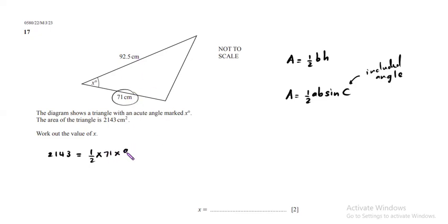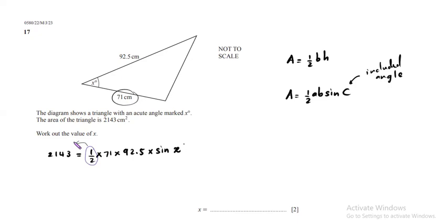B as this 92.5, or I can even consider it the other way around, times the sine of the angle is x, so that's going to be sine x. I need to rearrange this to find what x is. So I have a fraction here. I'm going to take the fraction to the other side. This fraction is multiplying. When I take a fraction to the other side, instead of dividing the other side by